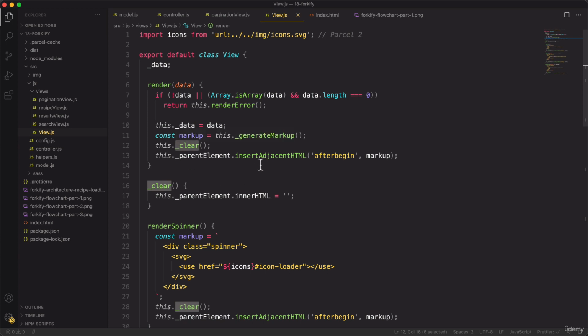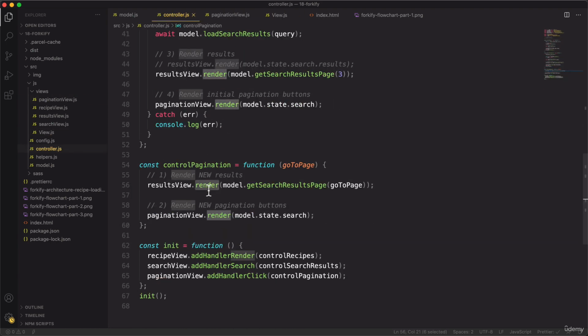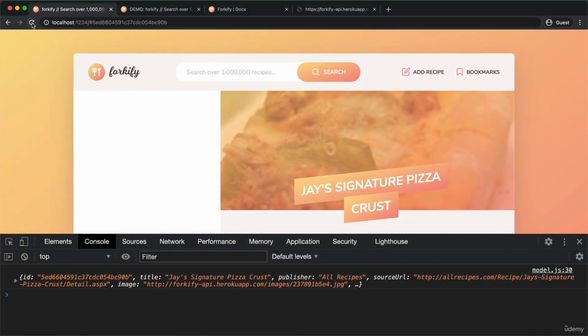And so before any new HTML is inserted into the page, the parent element is first cleared. So it's first emptied, right? And so that means that render here basically overwrites everything that was there and puts the new content in the same place. But anyway, let's make sure to reload